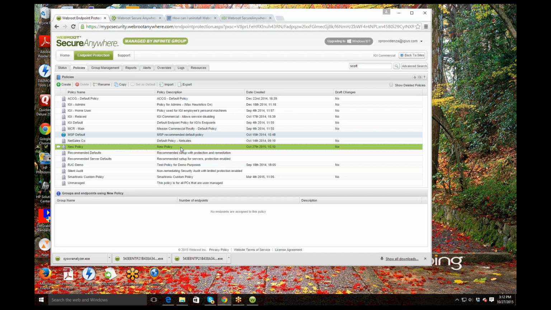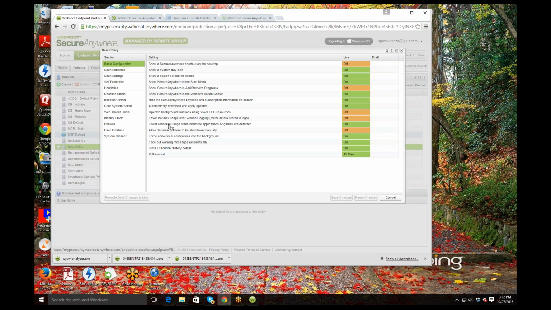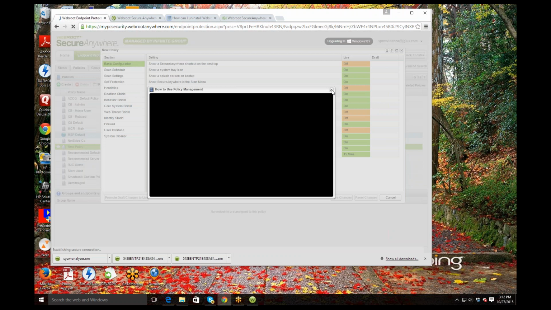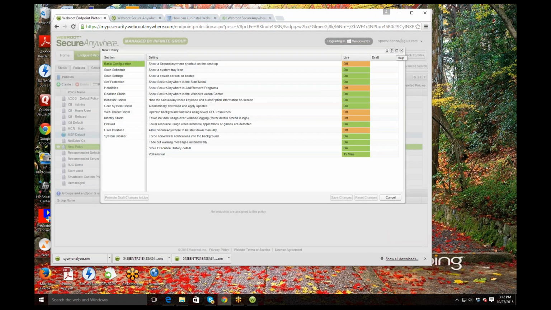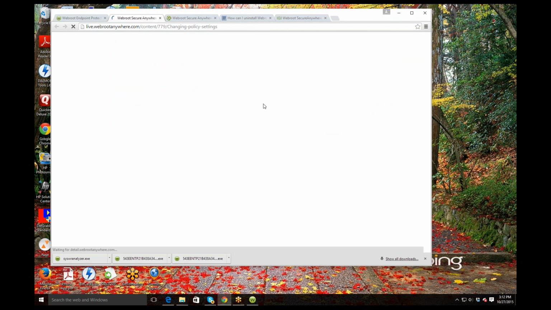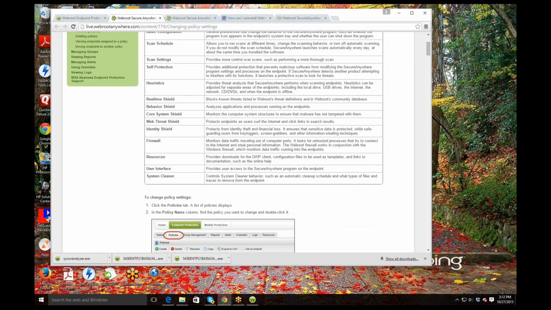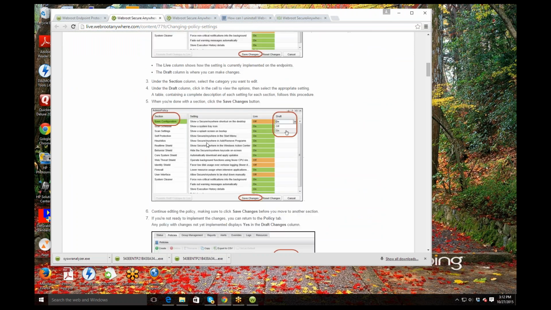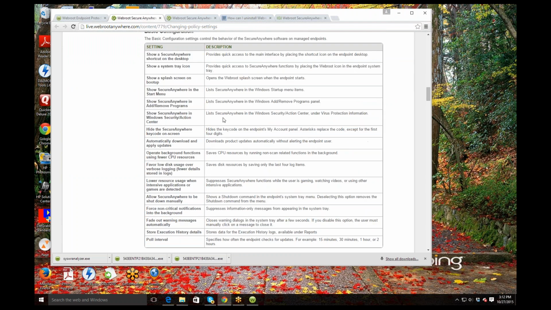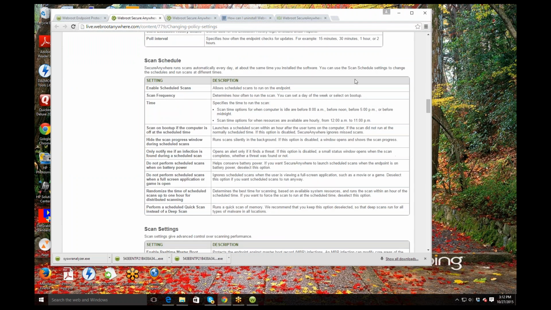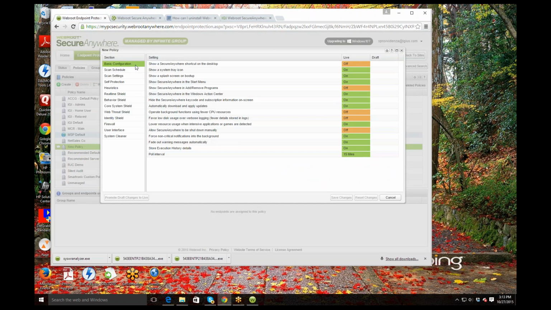Now, every machine that gets installed will inherit this new policy because it's your default, and all those settings that are in there. And again, if you want to understand what all these settings are, you can hold your mouse over this. You can watch a YouTube video up in the corner here, or you can go to the help guide, or the administrative guide, and it actually takes you right to the page illustrating every command and what the commands actually do on the machine. So here's all your policy settings. They're all under the admin guide. The fastest, easiest way to get there is open up the policy and hit the question mark,